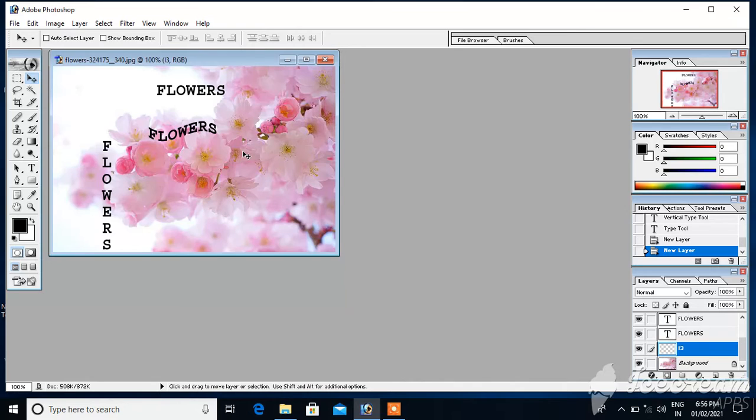One layer is of the image, second layer is of the text, then third layer is of vertical text, and fourth layer is of flag shaped text. Now see here, I will lock the text layers. What happens? The text disappears from the image.